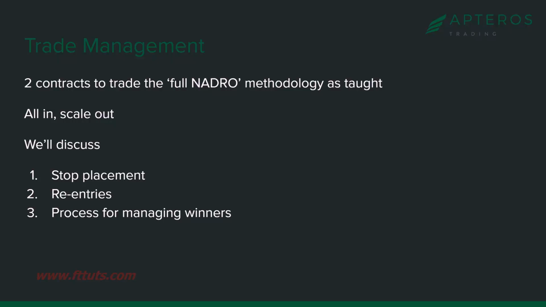NADRO, the way I trade it, the way I teach it, is predominantly all in at the point of entry, and then we scale out, taking partial profits along the way. So in order to do that, you obviously need more than one contract. That's what's been great about the micros. People trading MES, MNQ, and trading 3 or 4 lots are getting experience handling those multiple scale outs, and quite frankly the emotional aid that scaling out can have, being able to hold a core position. So it's been really nice to have that as a training tool and vehicle for people.